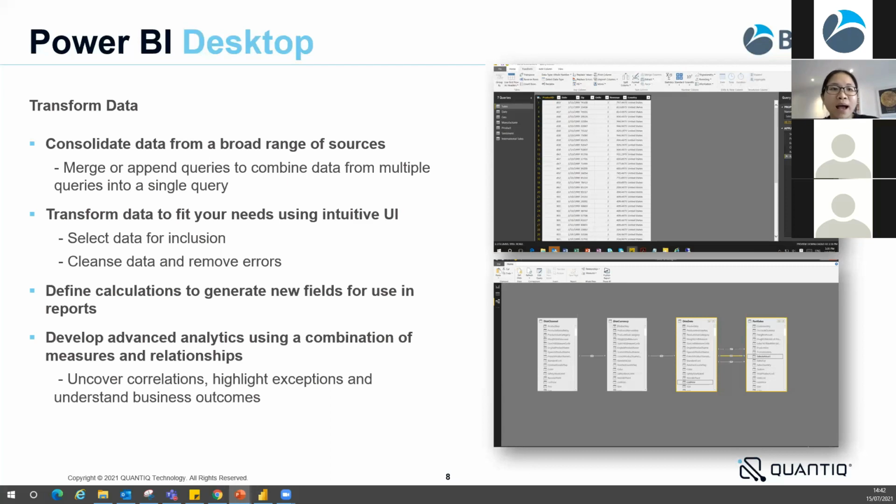If you are an Excel expert, a very advanced user, I'm sure you are very familiar with DAX formulas, and you shouldn't have any problems getting started with Power BI Desktop and transforming the data to create your own report.